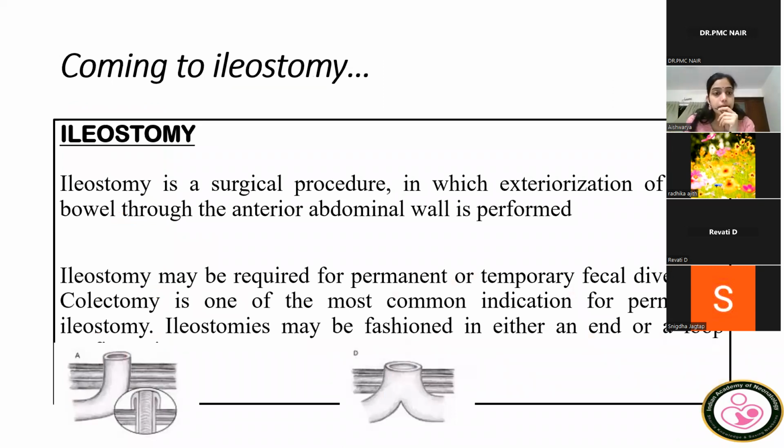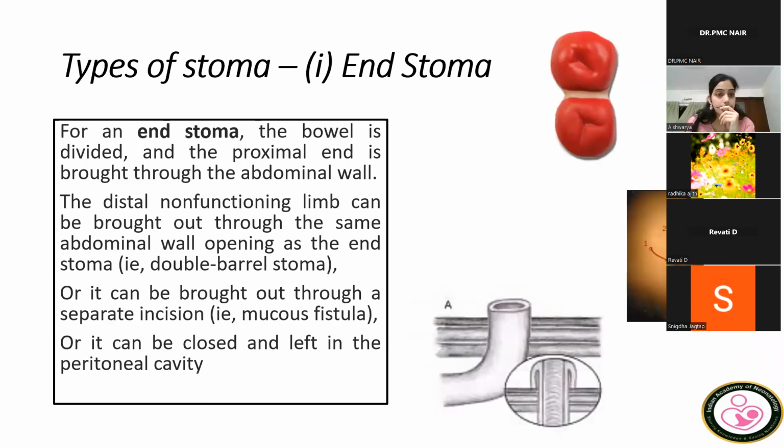Coming to ileostomy. Ileostomy is a surgical procedure in which exteriorization of the small bowel through the anterior abdominal wall is done. It may be required for permanent or temporary fecal diversion. Colectomy is one of the most common indications requiring permanent ileostomy. Ileostomies can be fashioned in an end or a loop fashion. So coming to the types of stoma, we have an end stoma. For an end stoma, the bowel is divided and the proximal end is brought out through the abdominal wall. The distal non-functioning